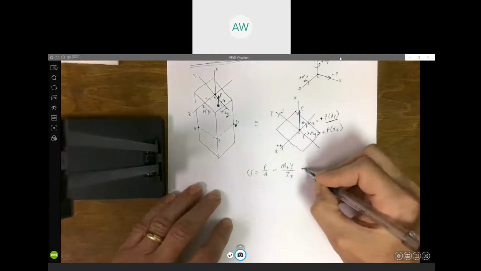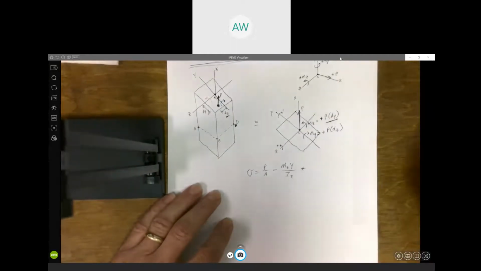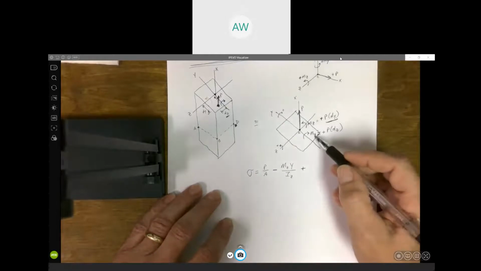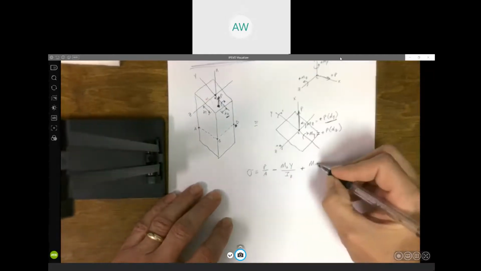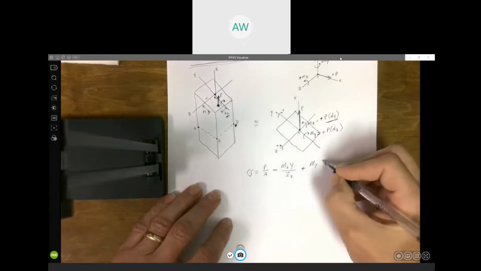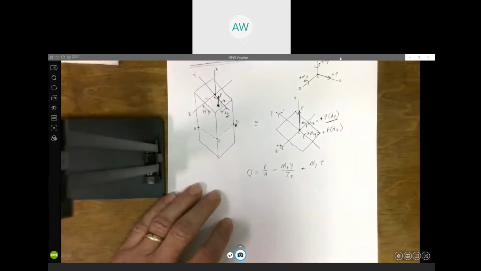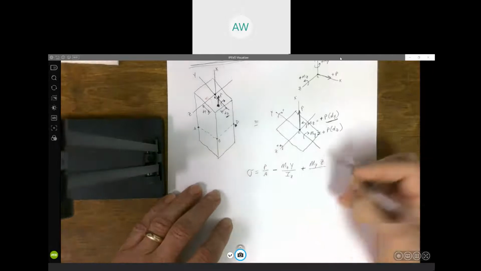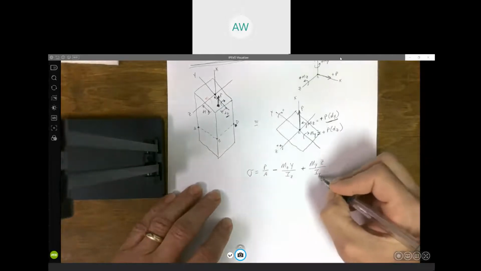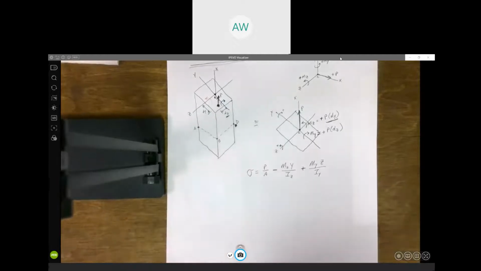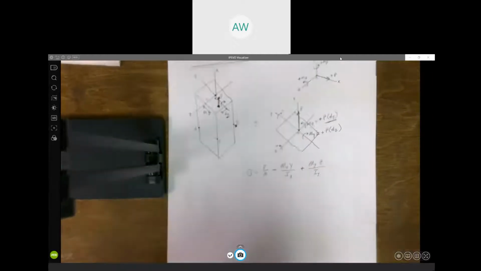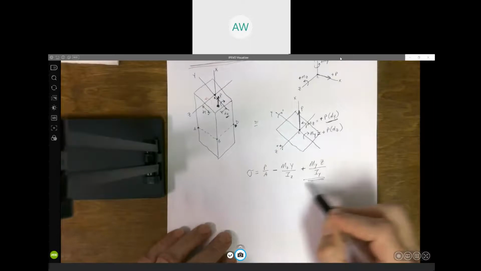Now we're going to get another normal stress due to this moment about the y-axis. So that would be the moment about the y times z, the distance away from the y-axis, divided by the moment of inertia about the y-axis. That's the axis we're bending this thing about. So all we've done is add this term to what we did